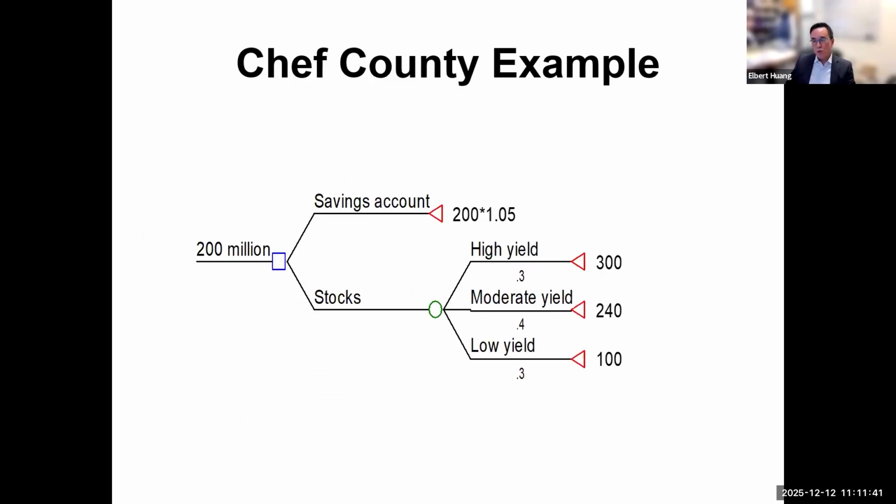So this is what the tree looks like when you write it out, and there's existing software, programs like TreeAge, where you can build these trees and have the software solve the math for you. In this case, you see the decision node, the square. You see the chance node here. There was only one chance node I expressed to you: high yield, moderate yield, or a loss, and then the savings account. And you see the payoffs on the far right, and this is just the financial payoff of each of the potential